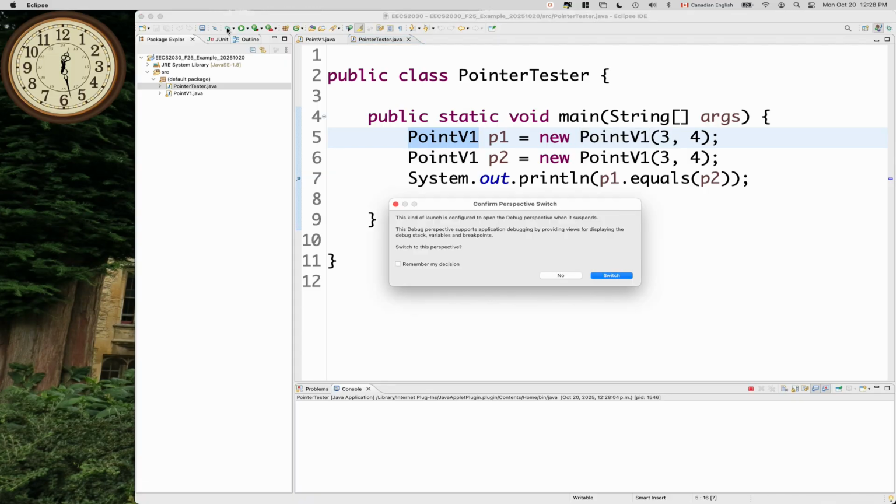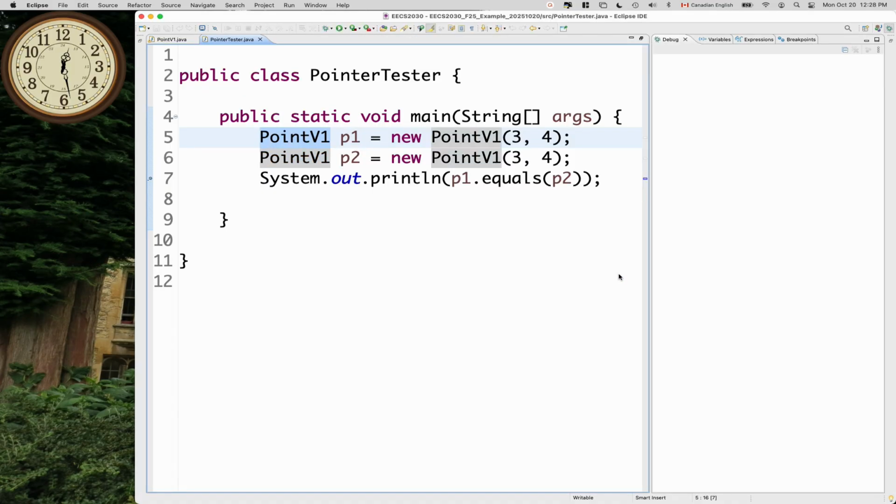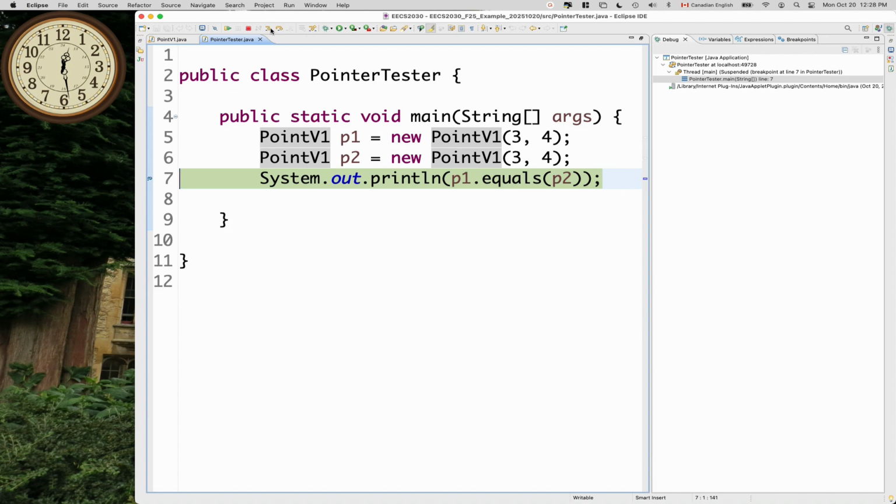Okay, take some time. Let me switch to the debug perspective right here. I'm now pausing at line number 7. Now if I step into, I should be able to see which equals method this comes from. It's going to be a class called Object, but let's see. Okay. If I step into,